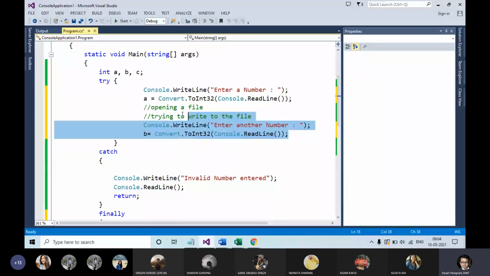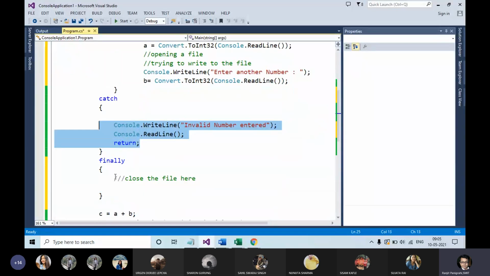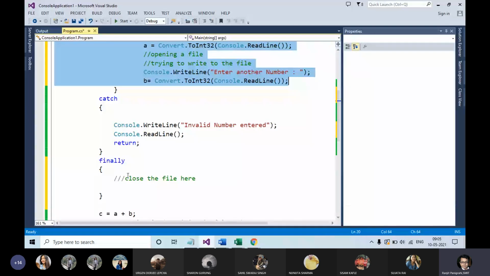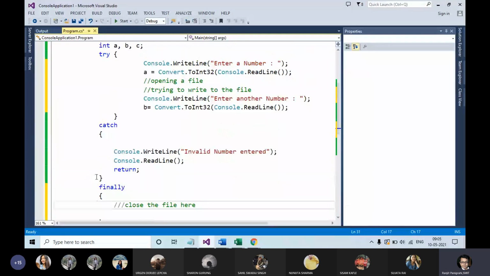As I said earlier, if you think your source code contains any kind of errors, that has to be inserted inside the try block. Any message that you want to display to the user in case an exception occurs within the try block has to be placed within the catch block. And what is the use of the finally keyword? The finally keyword is used to clear the resources claimed during the try block, and the finally block is always executed, whether an error occurs or not.